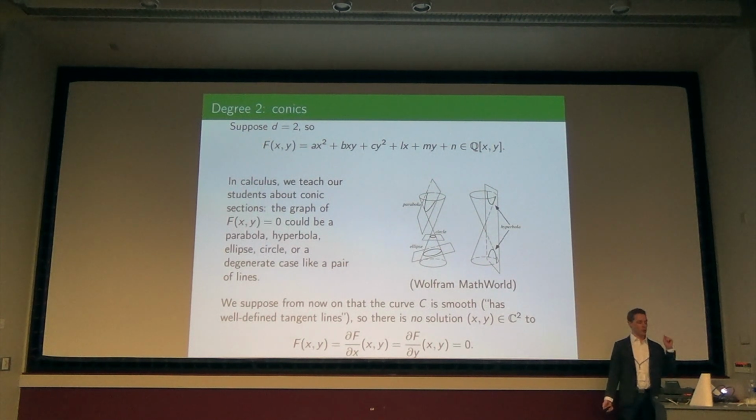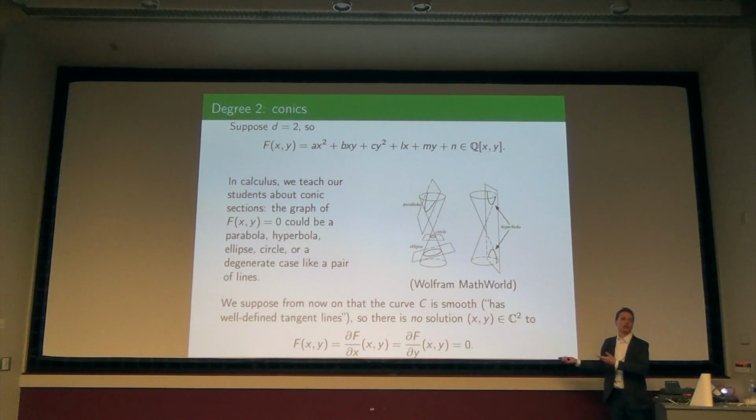And that just means that if you have a solution, so if your f of x, y is equal to 0, that would be a rational point on the curve, you want not both of these to vanish, because that would mean that there isn't a well-defined tangent line. The approximation to the expression f at that point is 0, or at least you need a quadratic term in order to express it. And as you know from calculus, it behaves really differently whether you're smooth or not. So I need to impose that smoothness condition to avoid some degenerate cases that will arise.